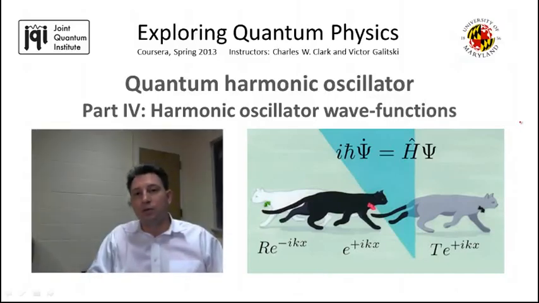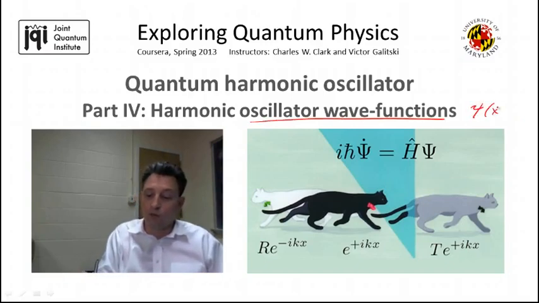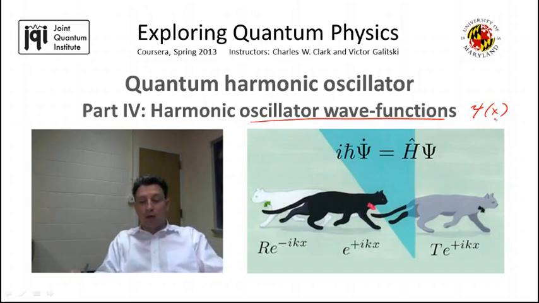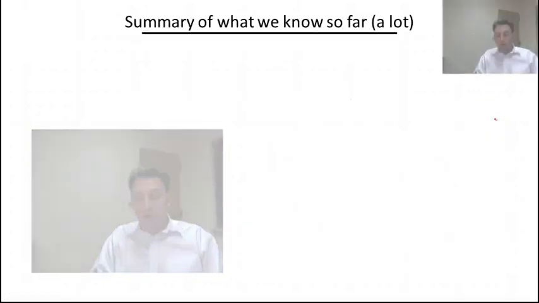So in this last video of this lecture, I'm going to derive the harmonic oscillator wave functions, but I will do so without even writing down the Schrödinger equation. We will rely entirely on the algebraic solution I presented, that took advantage of the creation and annihilation operators. It turns out that they are very helpful in determining the explicit form of the oscillator wave functions, psi of x. But before we derive these wave functions, let me summarize what we know so far,